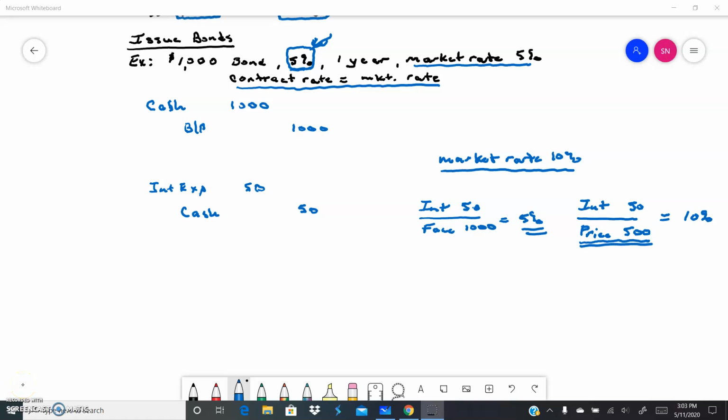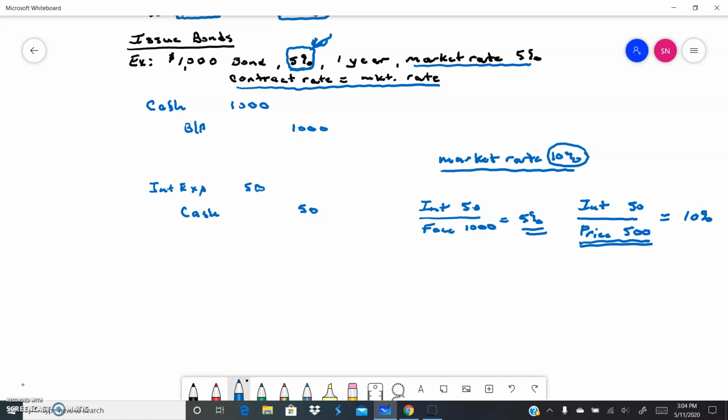So this is Chapter 11, Part 2. We were just looking at what happens when the market rate of interest is different than the contract rate. And the example we just went through showed a situation where the contract rate is 5%, but the market rate is 10%. And what we can see is that to make our bond